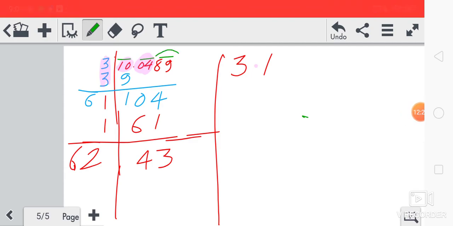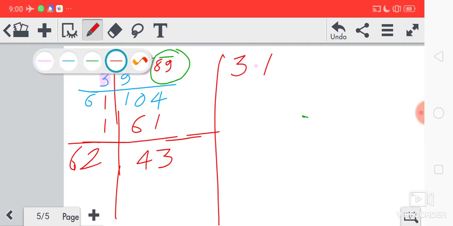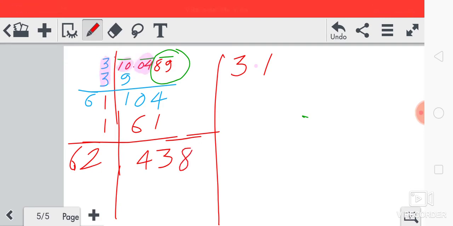Now like your division, this 8 9 will come down. Okay. So this 8 9 will come down in pairs. In finding the square root, pairs of numbers come down. So already you know. Okay.